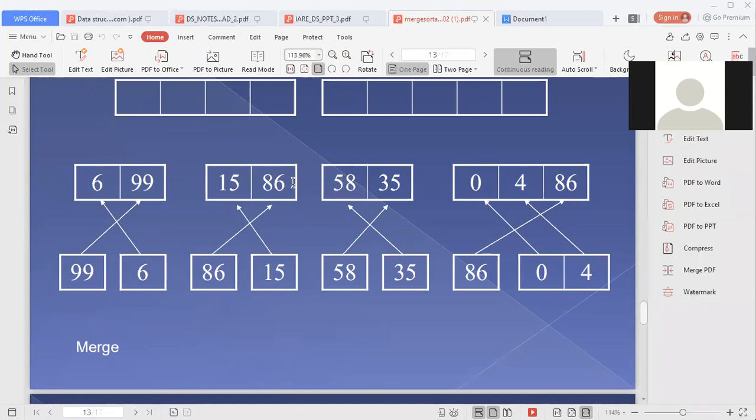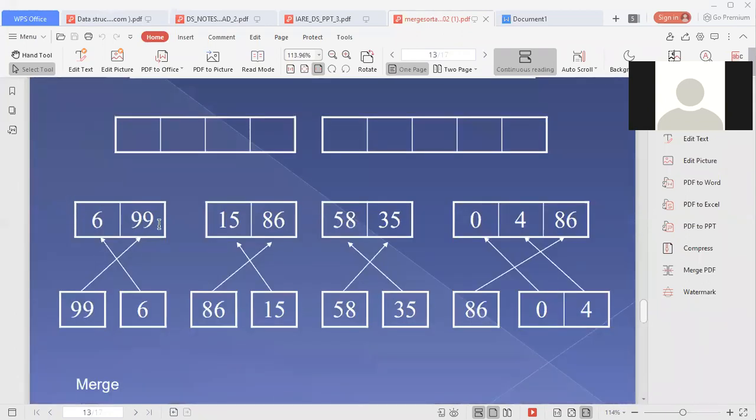So this concept is clear to you. Next, the third one: the wrong sort ends. The 35 and this 58 should come as 35 and 58. It was wrongly printed, so you correct it and write the correct one: 35 and 58. You write 35 here and 58 here. It was a manual mistake, forget about it. The remaining one is also sorted.